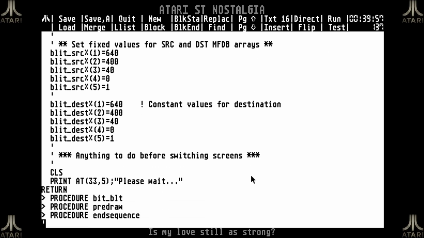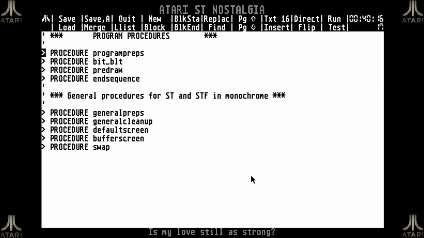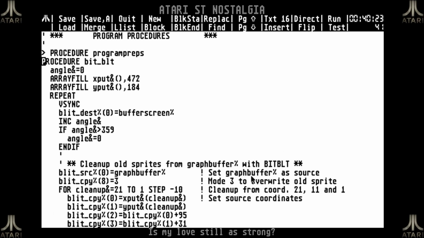And the fixed values are actually quite the same, so the source screen is not constant, and I will show you why. So the element 0 for blit source I have to set within my loop, and I will show within the loop why that is. And also the destination, these values are also constant. So this is almost the same except for the element 0 of this blit source screen. And of course my destination coordinates, the copy parameters are also no longer constant,